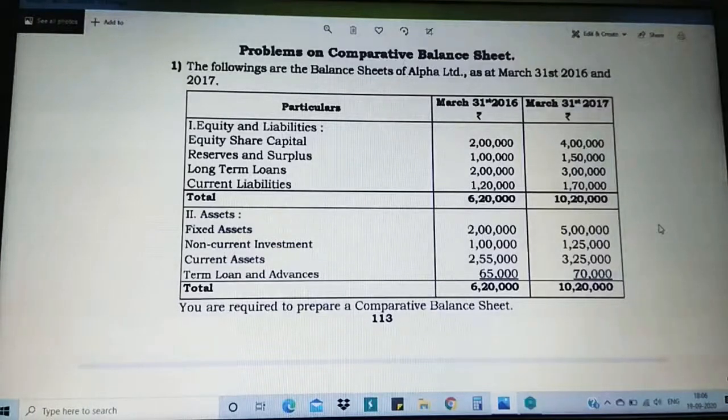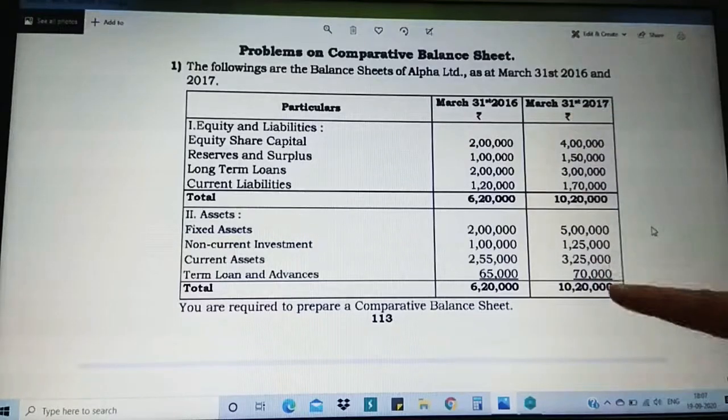In this video, we are going to go for the comparative balance sheet statement, the problems related to the comparative balance sheet. In the last video we came across the comparative income statement. This time we are going to see the comparative balance sheet. The calculations are the same and never differ. We have to compare the second year with the first year. The only difference is the statement format. The income statement relates to income and expenses.